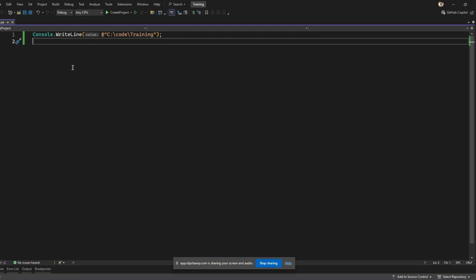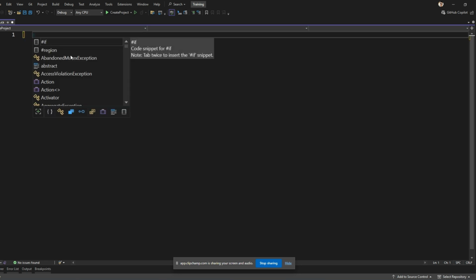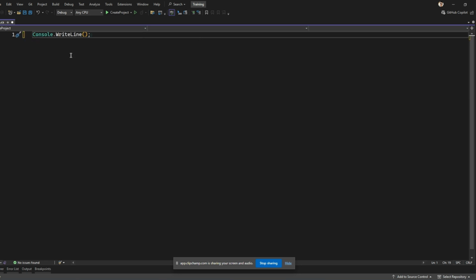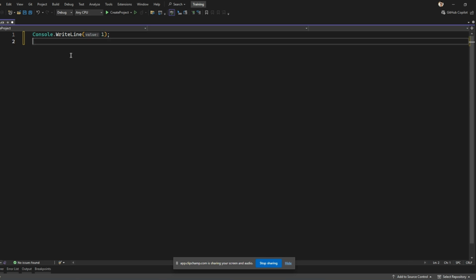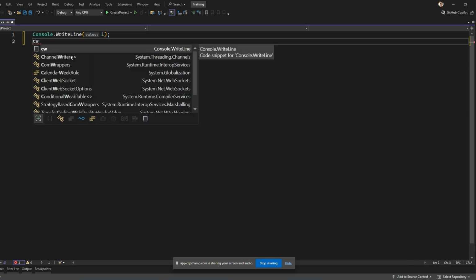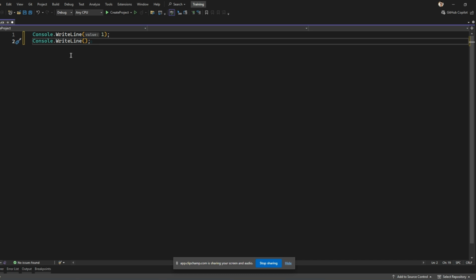There is an additional string interpolation concept that we will take a look at later in the course. Now, let's try to print something else. Let's say console.WriteLine 1. It's a number. Then console.WriteLine a character. Let's say I want to print a single character. I'll say 'A',